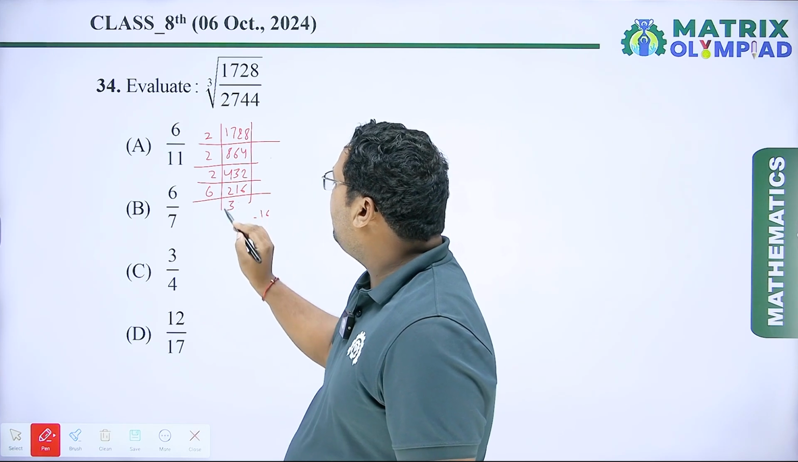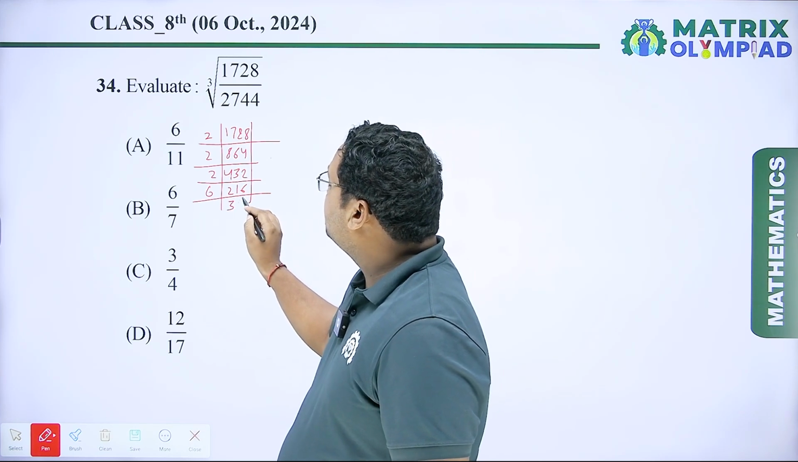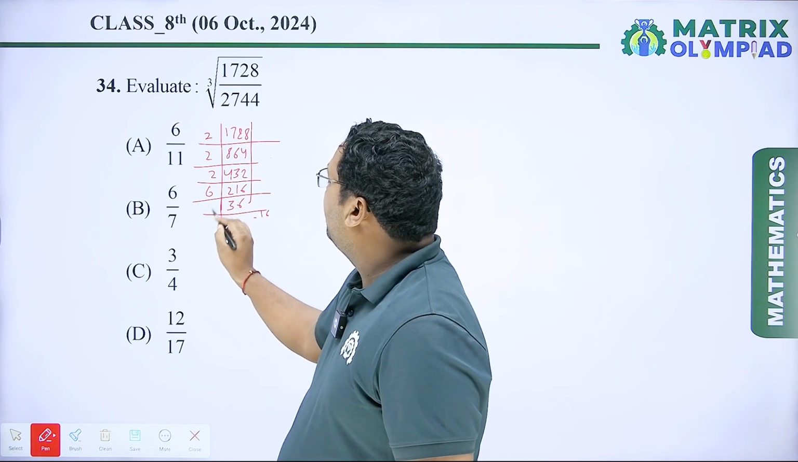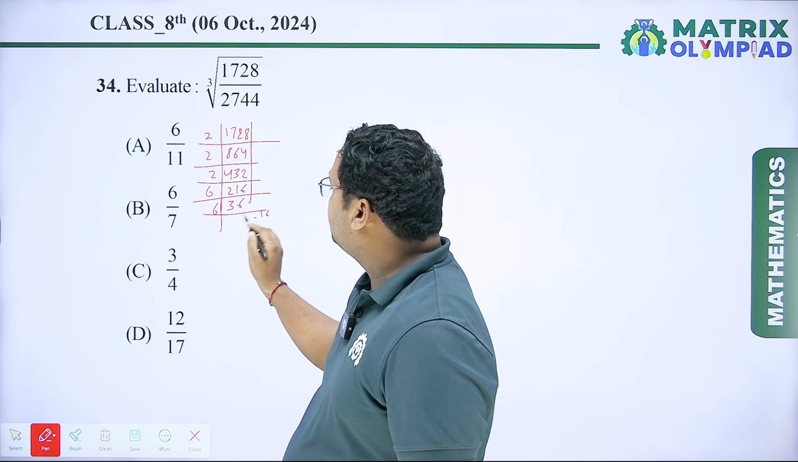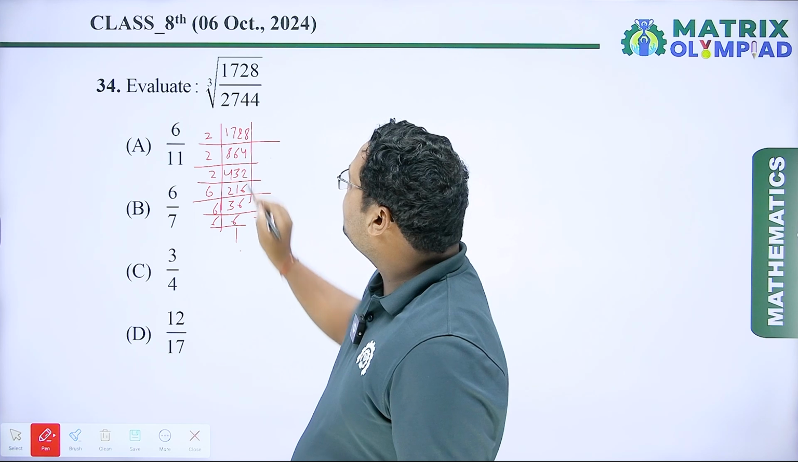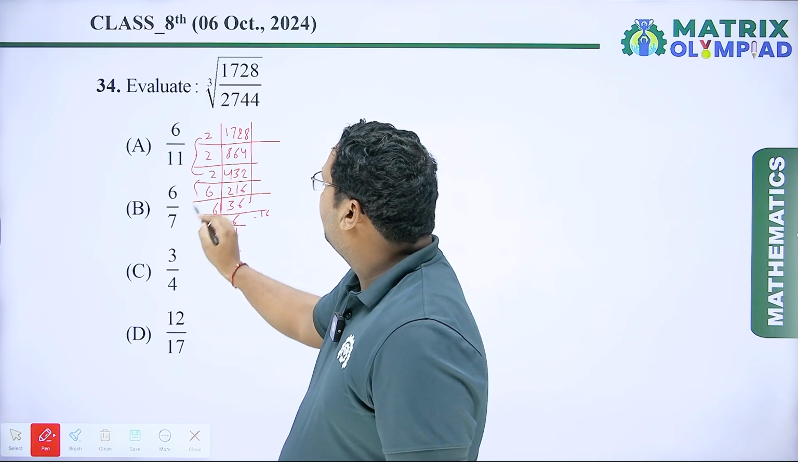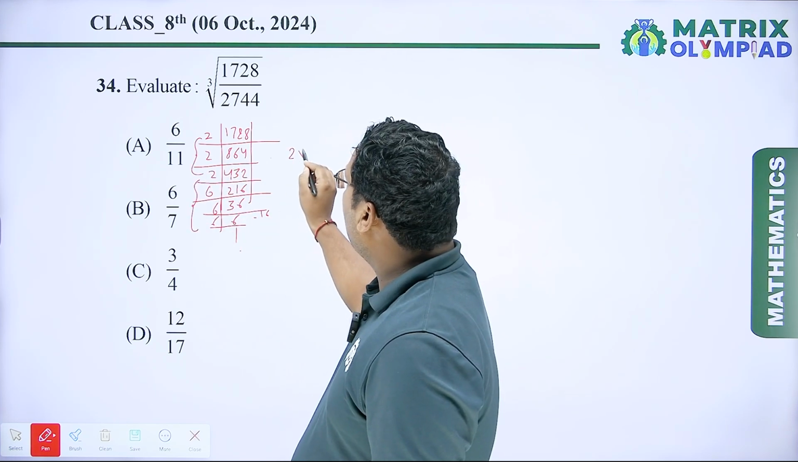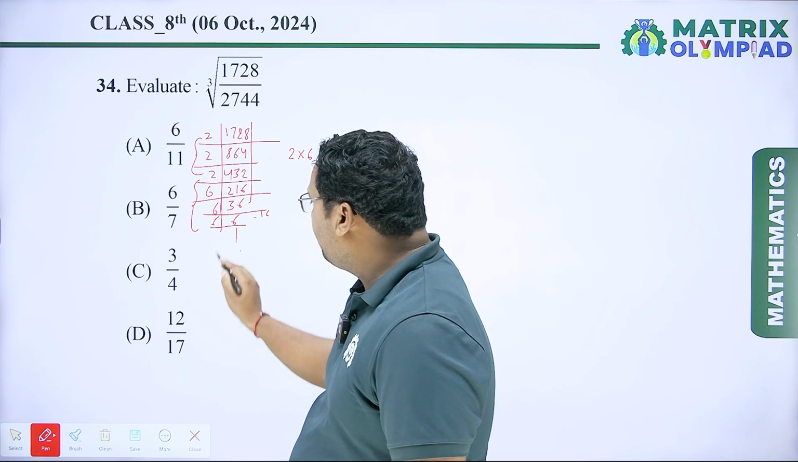6 3s are 18 and 6 6s are 36. It is 6 divided by 36 is 6. 6 divided by 6 is 1. So cube root of 1728 is 2 into 6. Similarly, we have to do prime